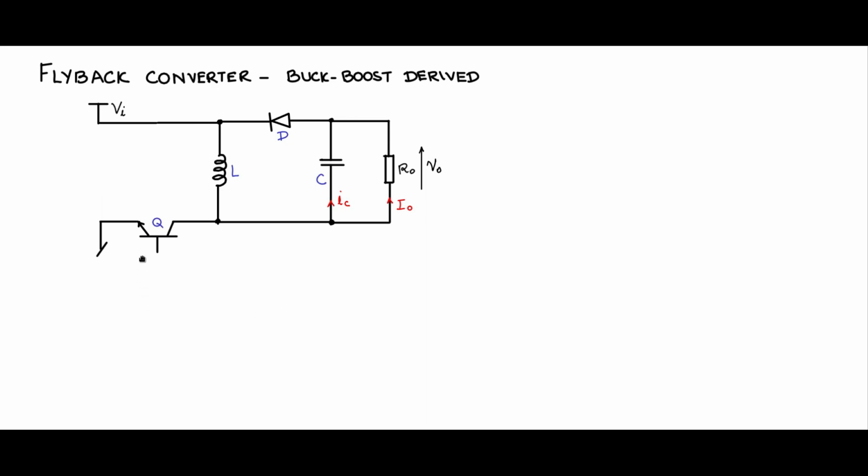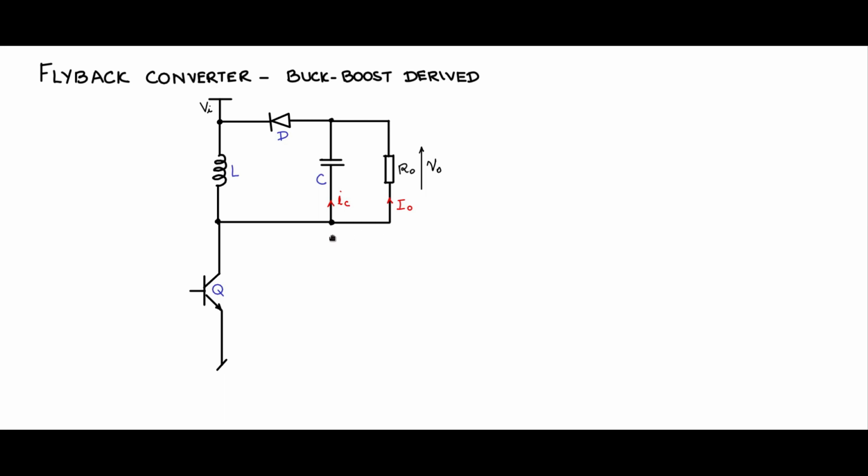We can do the next step of the modification, make this portion vertical. Let me draw the control switch vertical, ground, and that becomes Q. Erase this portion, and you can shorten this in this fashion, and so this becomes the non-isolated buck boost converter. So now let us introduce the isolation.